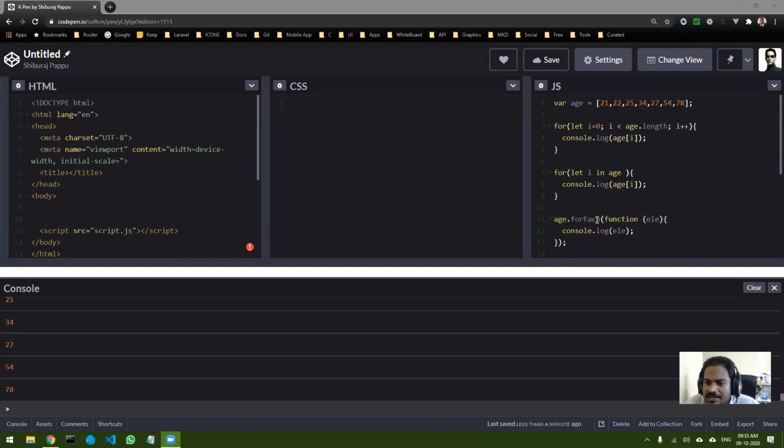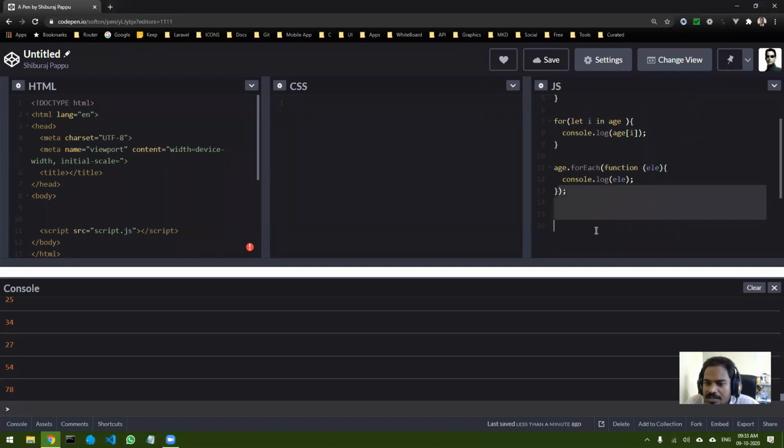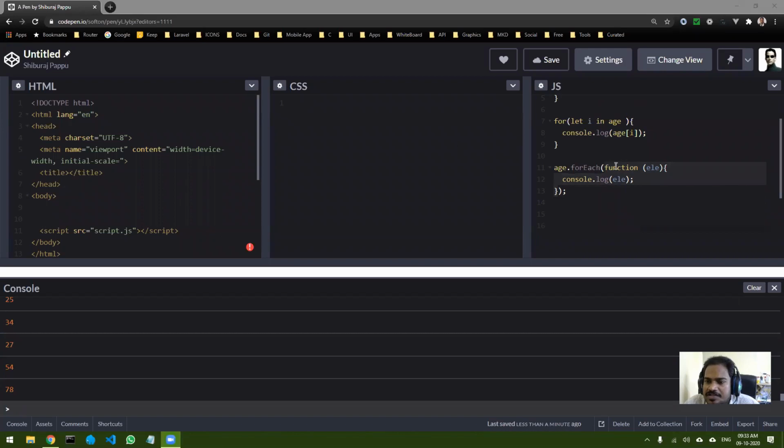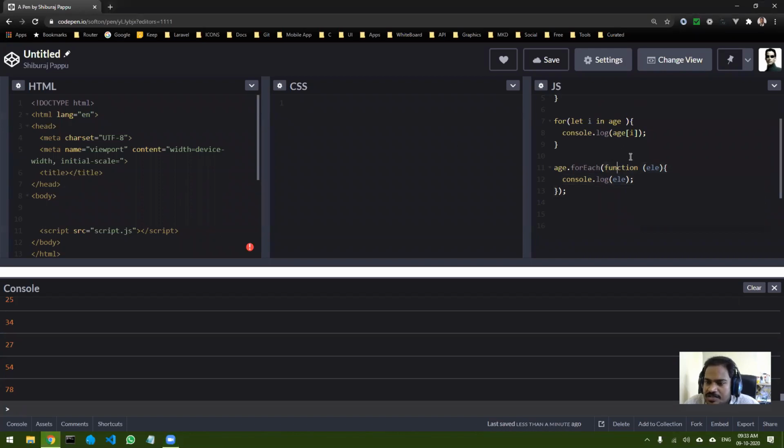Can anyone tell me how to convert this particular function into an arrow function? Right now, this is an anonymous function. Can anyone tell me what are the steps to convert any anonymous function into an arrow function?